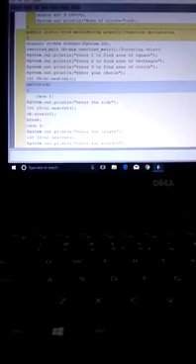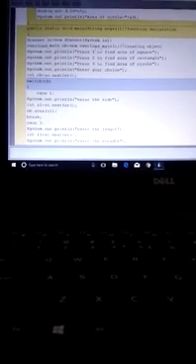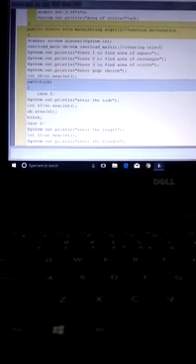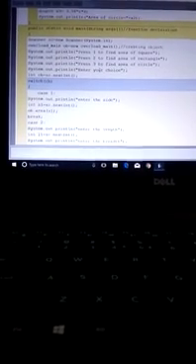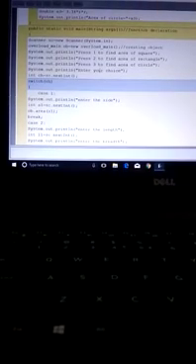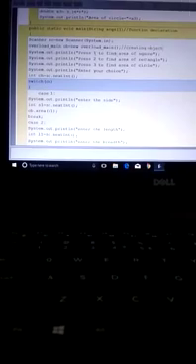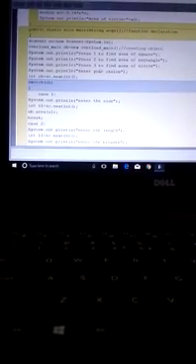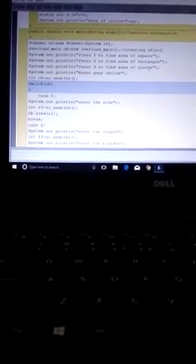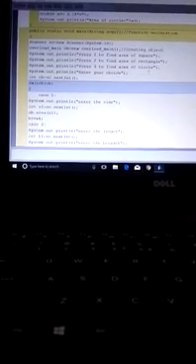Since we are making a menu driven program, on the basis of the user's choice it will calculate the area of the square, rectangle or the circle. So we have shown the menu over here. Press 1 to find the area of a square, press 2 to find the area of a circle, and press 3 to find the area of a rectangle.